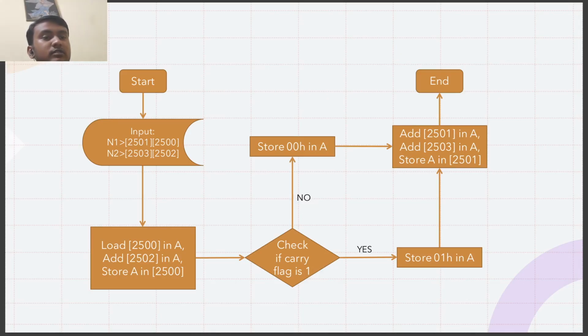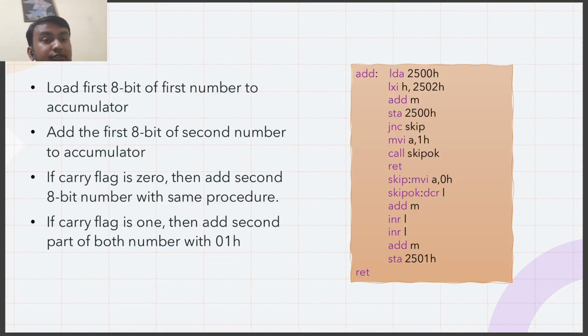Otherwise we put 00 in accumulator. After this we add the values from 2501 and 2503 to accumulator. The answer we get we store in 2501, and then we finish this particular function.